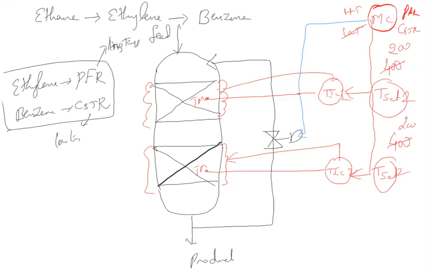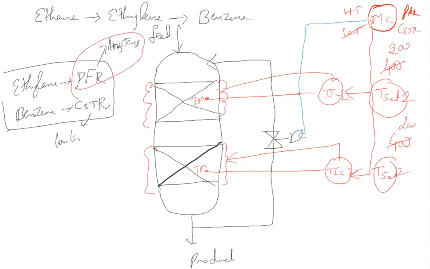This master controller will tell you which product you are producing. Suppose you are operating as a PFR with high temperature, that means this valve should go to 100% close, and these two TACs should receive a set point of 400, 400. So this is a simple C code. All the control logic is nothing but a simple C code or C++ code or a Fortran code. So what do you do in this master controller?